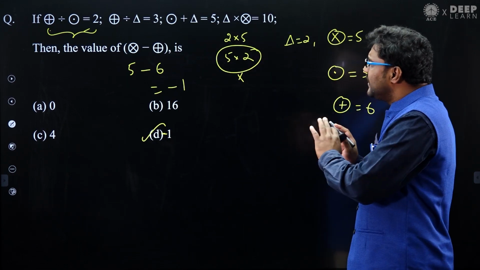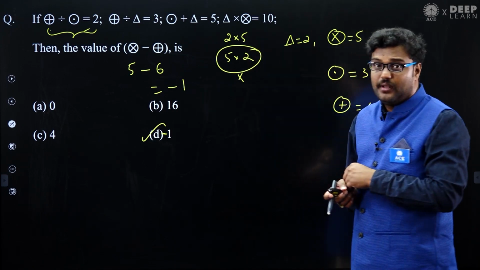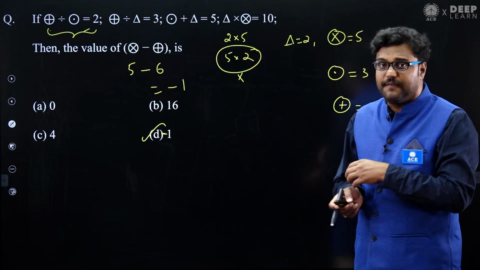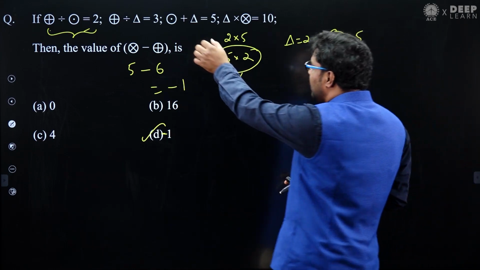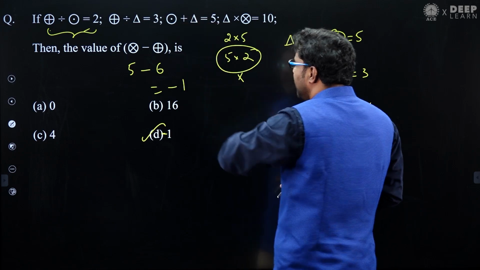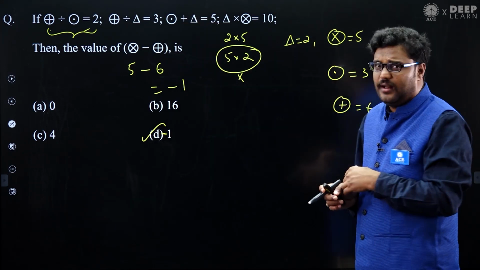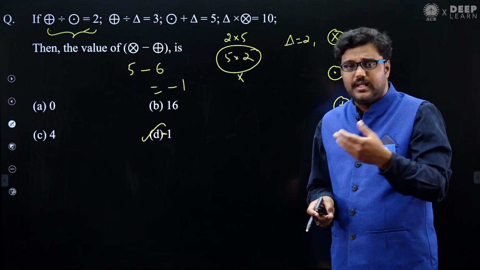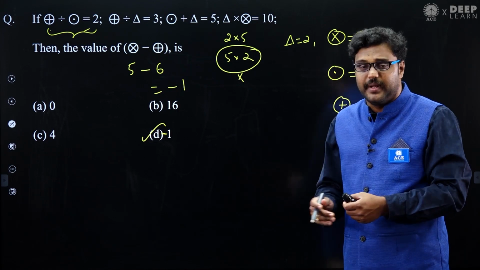Got it? So this is using trial and error. Two numbers product we have to get 10. Okay, it's 2 into 5 or 5 into 2. 1 into 10, 10 into 1 also, but here this is already adding these two, should get 5. Okay, if you are not understanding this trial and error, you can just go to the previous one, step by step procedure, how you got the answer. Answer is minus 1, my dear friends.